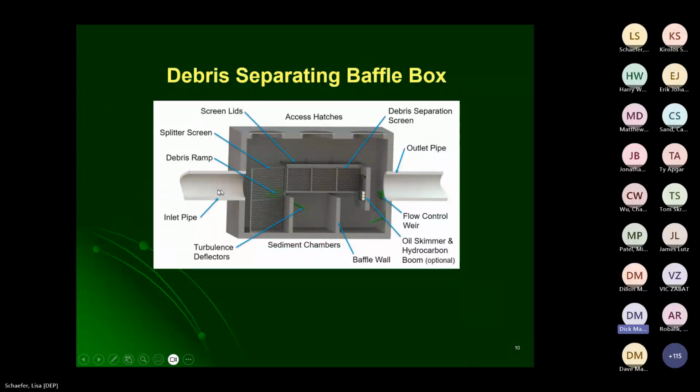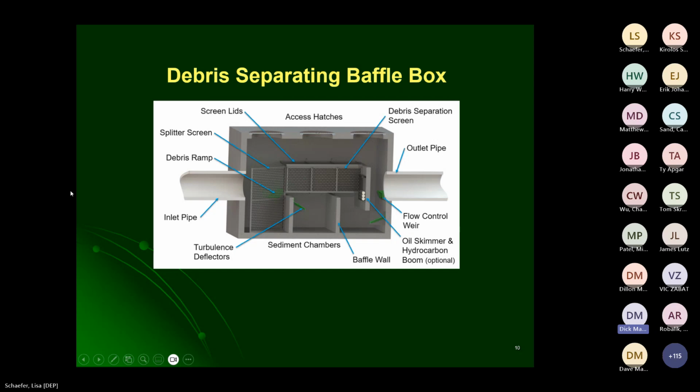This has since expired because it was tested to the old protocol, but other manufacturers have moved into the scene and have submitted. Hydro International has now called it a dry screen next generation baffle box, which is